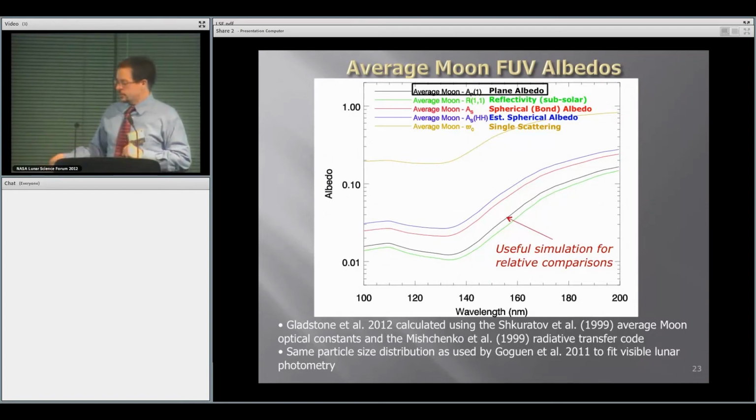And so Randy Gladstone did some simulations where he took the Shkuratov average moon optical constants and Mishchenko et al. radiative transfer codes, and together with updated particle size distributions by Gaskell et al. 2011 with the LROC dataset analysis he did, he produced these different curves. And while these simulated spectra at the ultraviolet wavelengths for LAMP don't match the data very well, and maybe wouldn't be expected to, they do provide useful simulations for relative comparisons. And on the next slide,